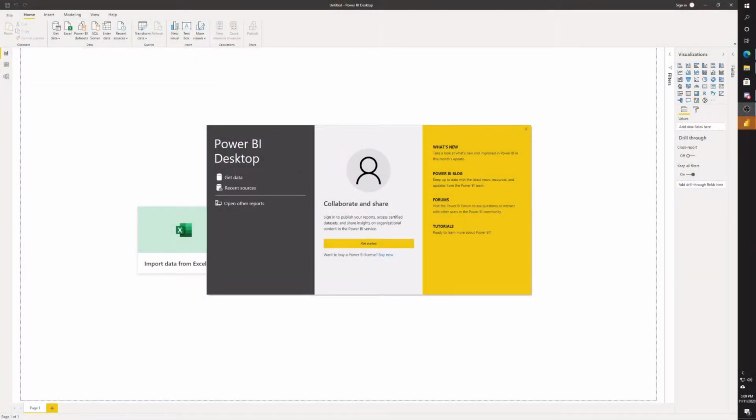Welcome to Simple SQL. In today's episode, we're going to be using Power BI Desktop for the first time. If you need to install Power BI Desktop and don't know how, check out the previous video. If you've already got it installed and you've opened it up for the first time, you should be looking at